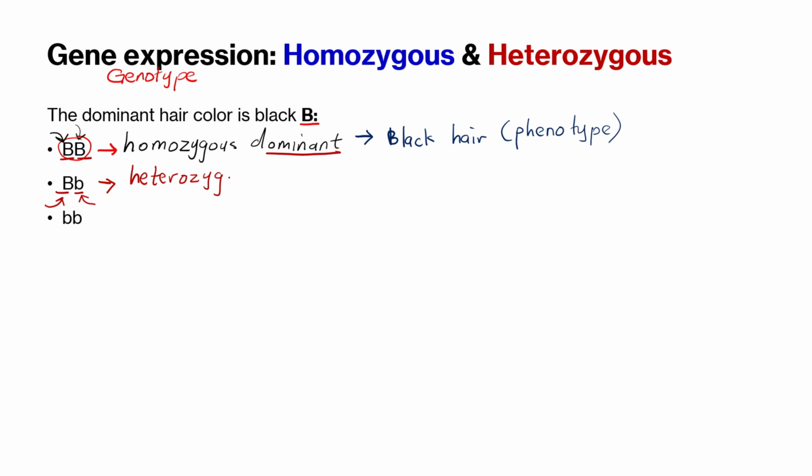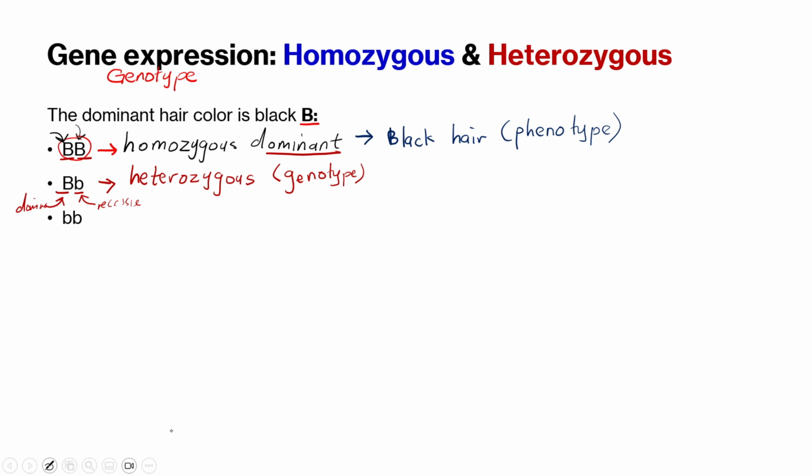When you say that it is heterozygous, it just means that we have got a mixture of dominant and recessive alleles, because this capital letter B tells you that this is dominant. Maybe this is from your mother, and then small letter b tells you that this is recessive. Maybe this is from your father. So when you've got a mixture of dominant and recessive in your gene, then we say that it is what? Heterozygous, because you've got two different types of alleles. So this is your what? This is your genotype. Your genotype here is heterozygous.